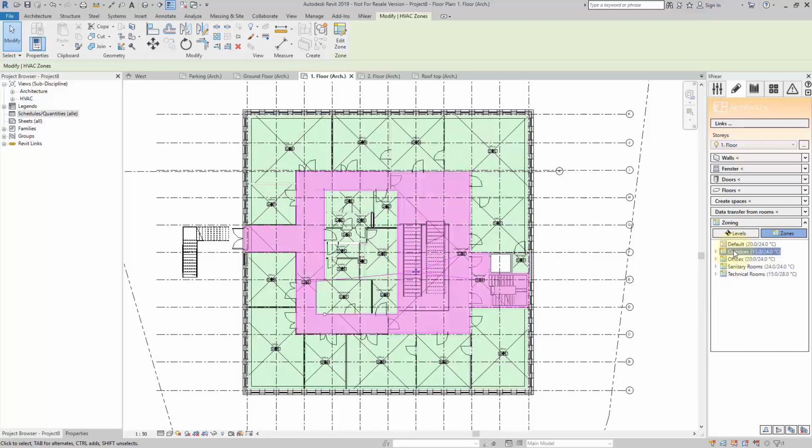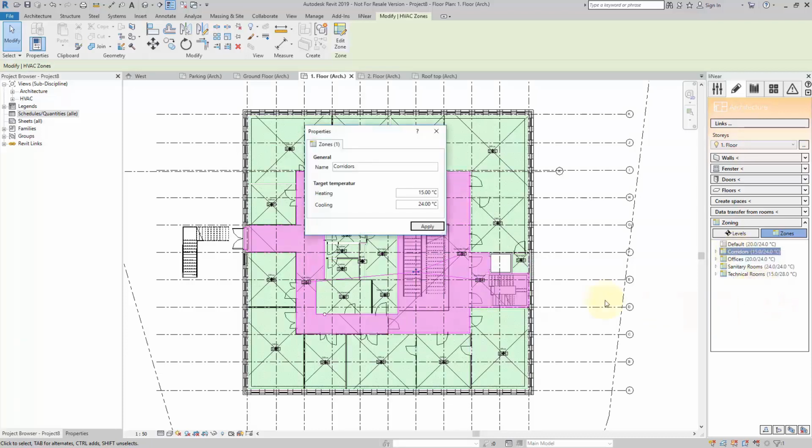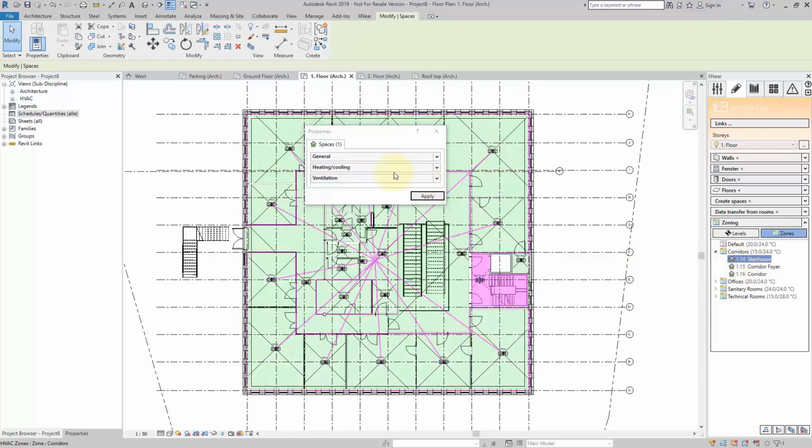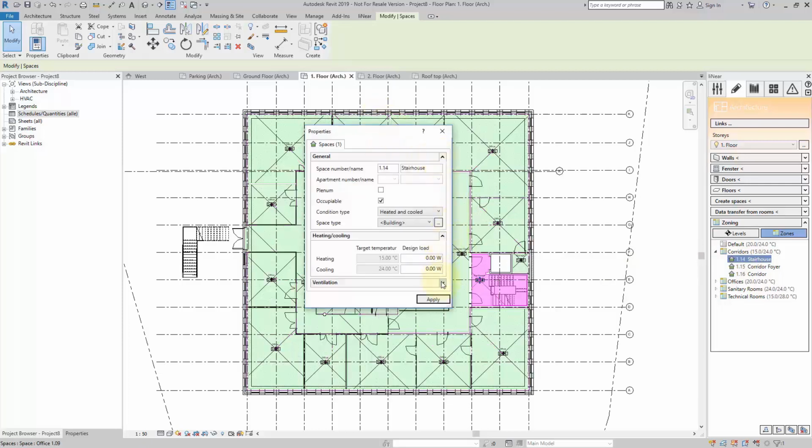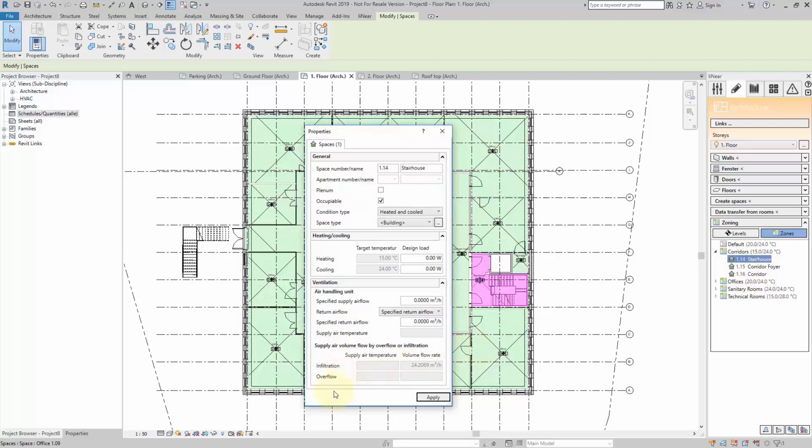Another thing that Linear offers is the individual property dialogues for zones and spaces here. These are really just the important values that you need to change all the time, and by simply right clicking on such an element you see this properties dialog. And if you change to a space, then you see that you have just the elements or properties that you need to modify for your purpose.